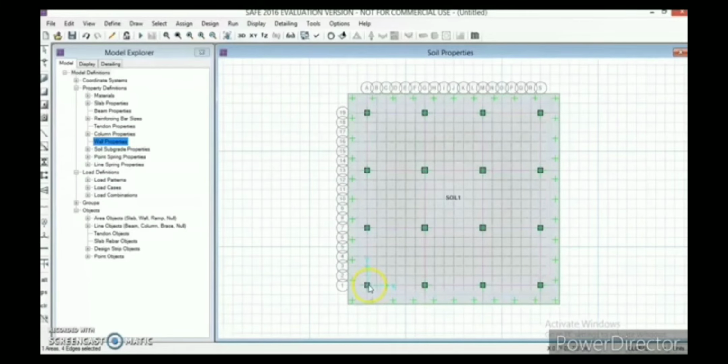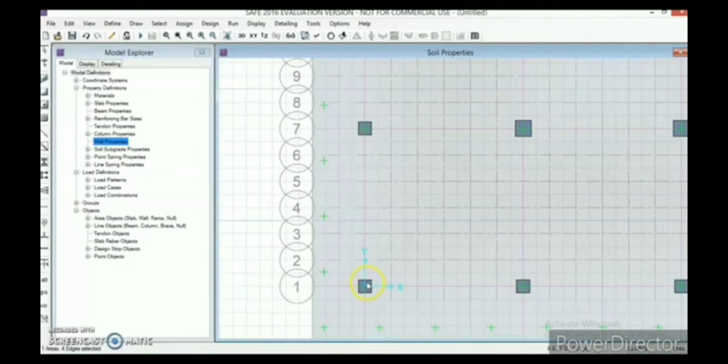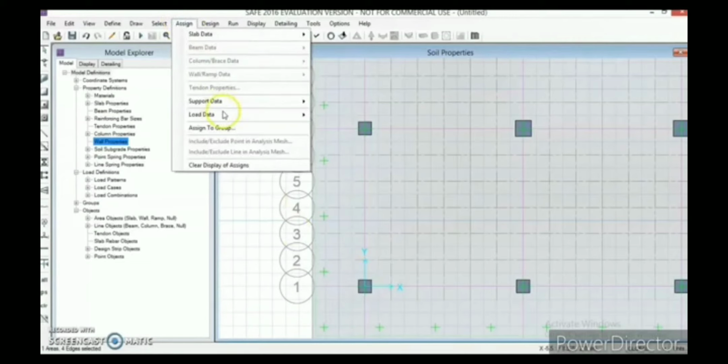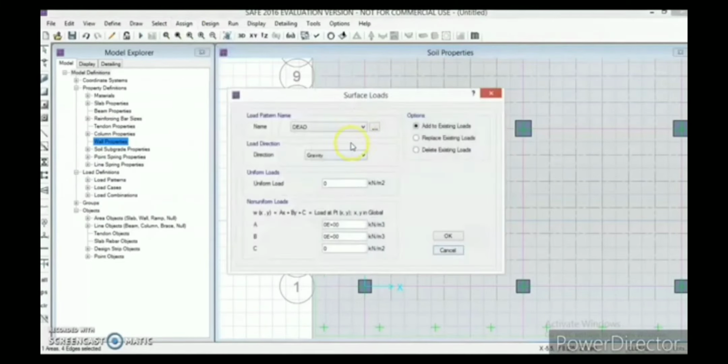So I will zoom it. Click escape before proceeding.